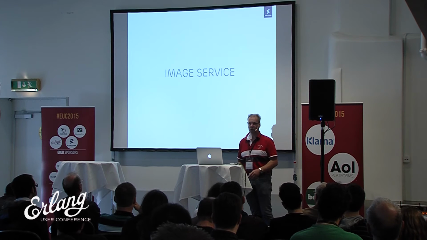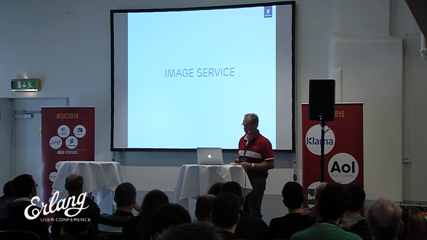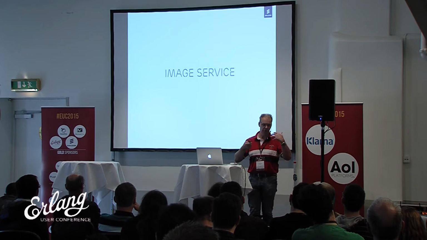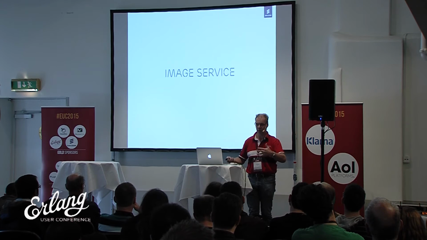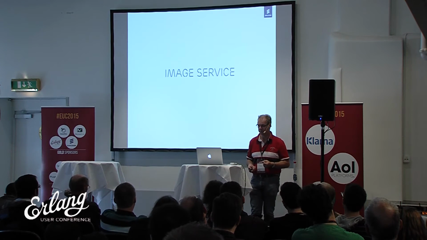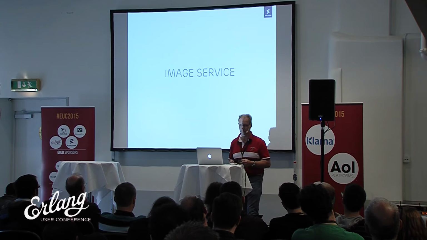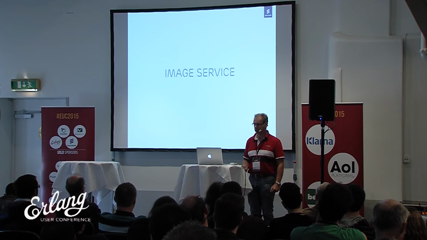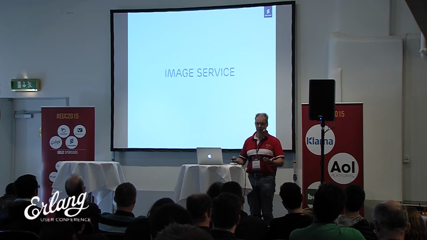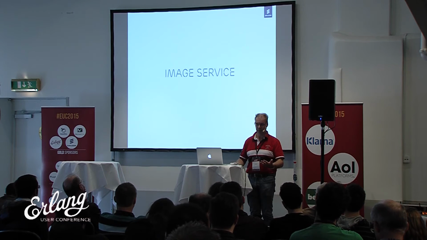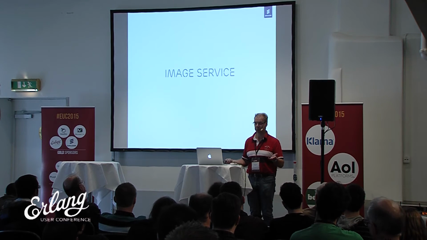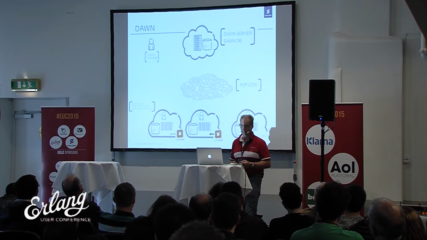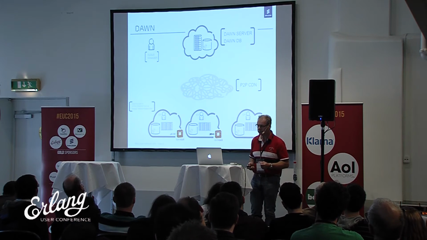Okay, again, we have a distributed system. In all clouds, you have some kind of image service. You need to upload your image that should be run in your virtual machine, the code that should be running. In a data center, this is easy. You just have one place to put it. But in a distributed cloud, it's very important that the image you need is there at the time when it's needed. And an image can be quite large. So we have a distributed image service here called Dawn,